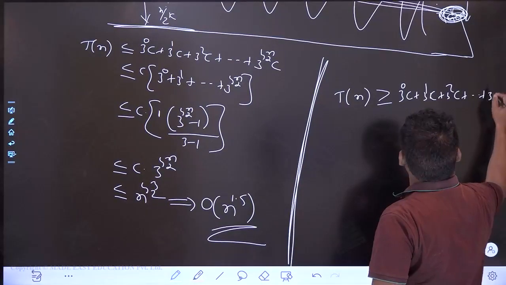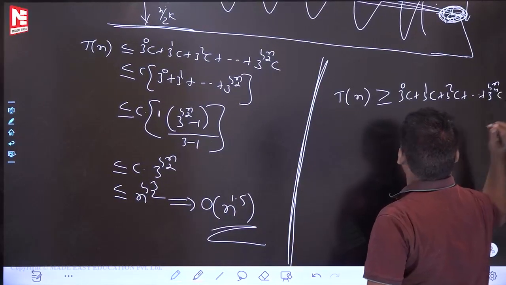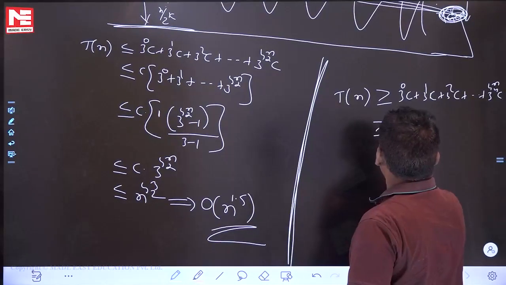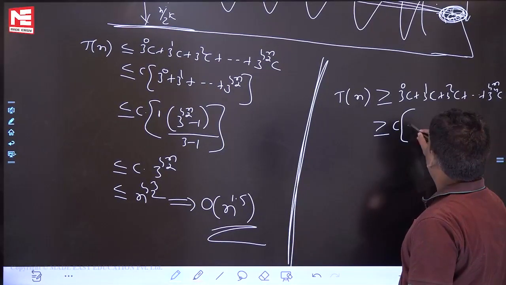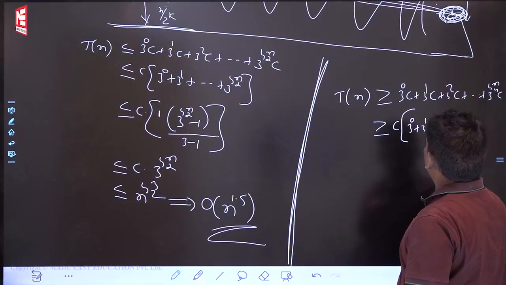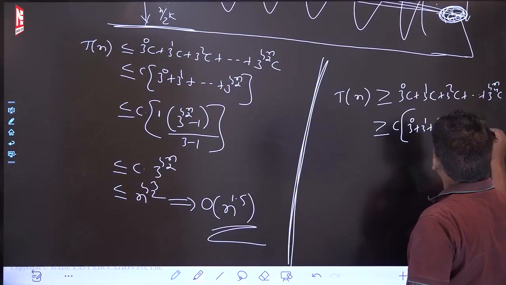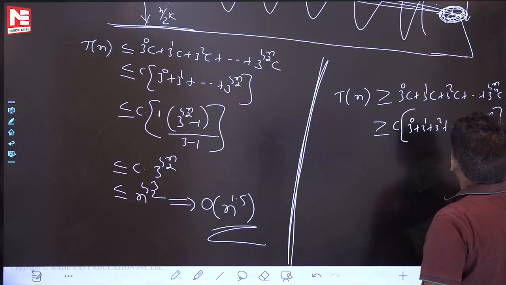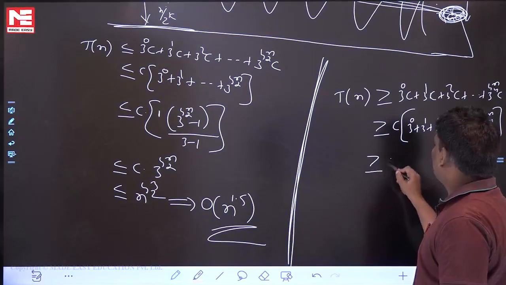What is the last one? 3 power log n base 4 c, greater than or equal to some c into 3 power 0, 3 power 1, 3 square, and so on. What is the last one? 3 power log n base 4, greater than or equal to some c into,